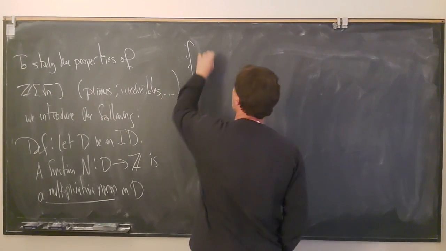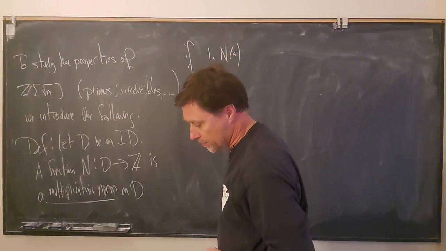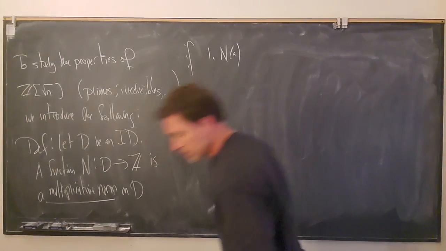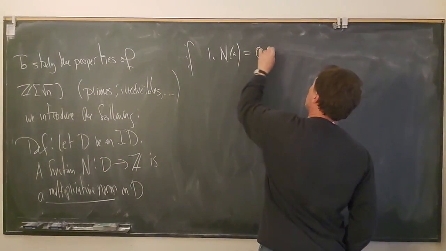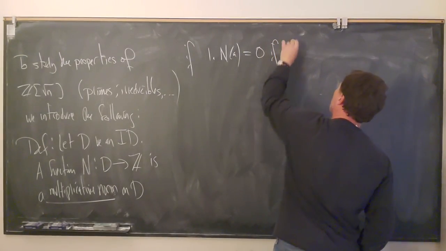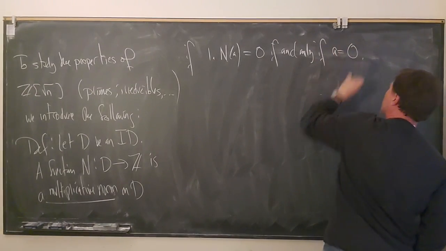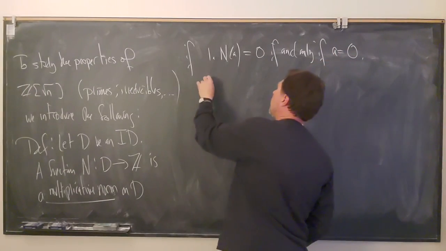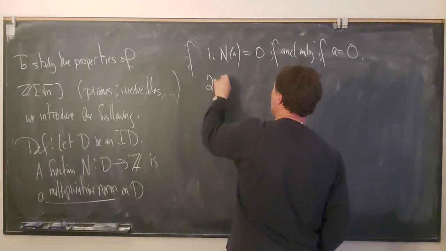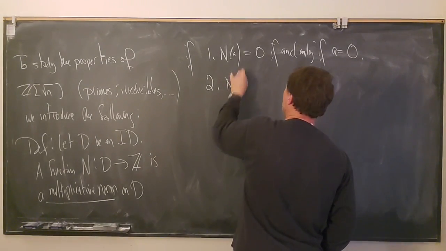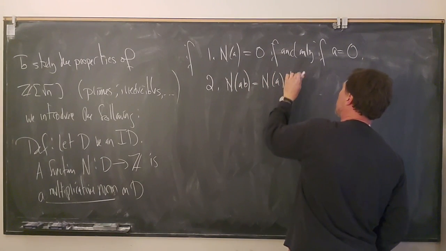First, the norm of a equals 0 if and only if a equals 0. And the second property is that N of a times b is equal to N of a times N of b